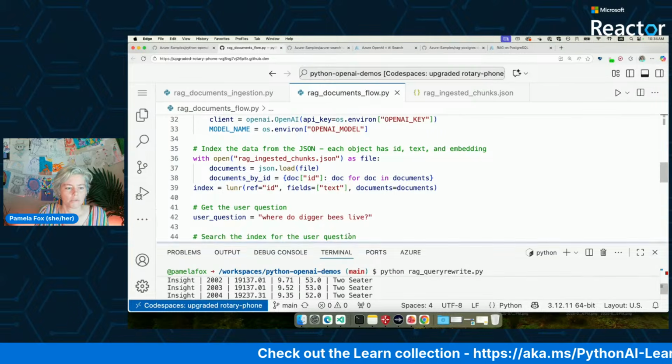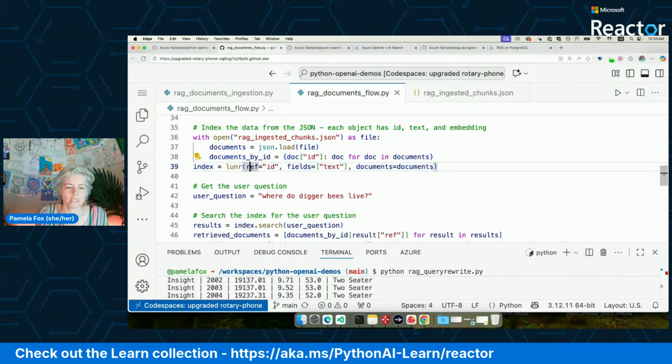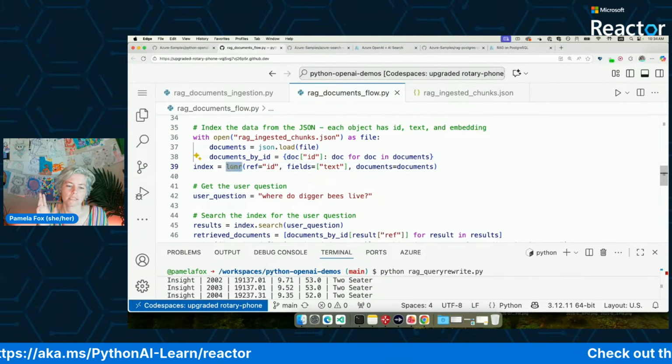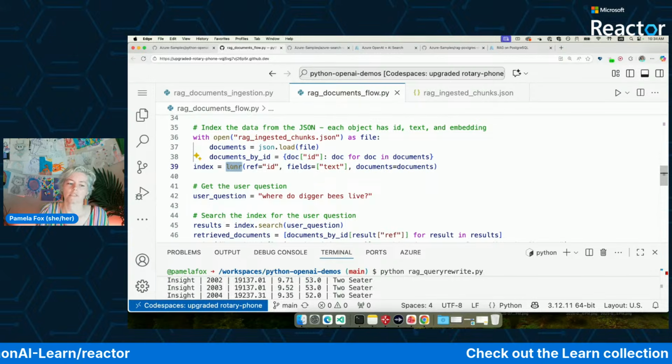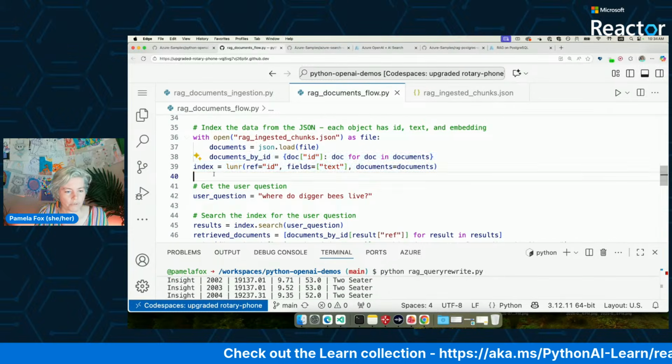So what we're going to do is open up that JSON. And in this case, I'm only doing a text search. I'm using Lunr again. So that only does keyword search, text search. It doesn't do vector search. So we're not doing vector search yet, but we will get there. So here we're just setting up a